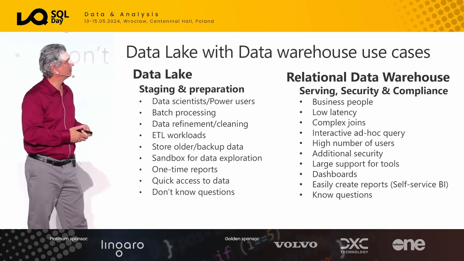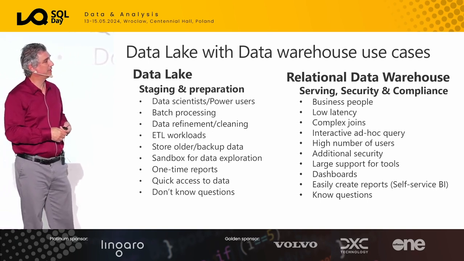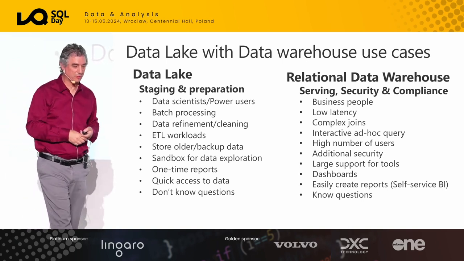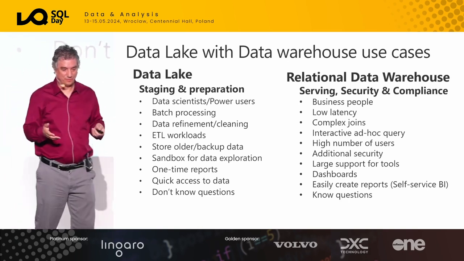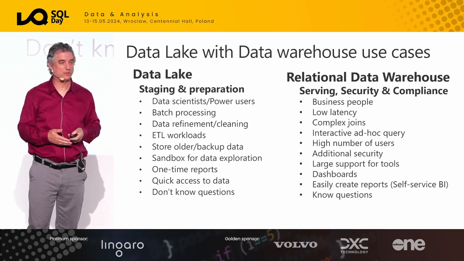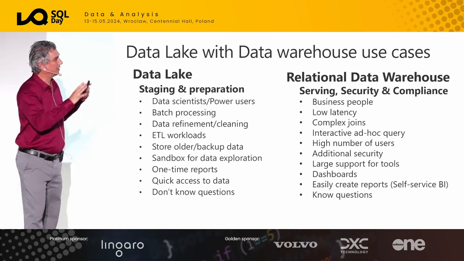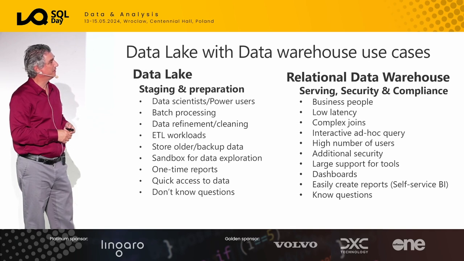And there are a lot of other reasons traditionally that people preferred the relational data warehouse for serving. It had to do with speed of the queries. It had to do with concurrency. The data lake, being a file-based system, can't be as fast as a relational data warehouse. It can't support the concurrency. So traditionally, this was how a modern data warehouse was laid out, to use the particular features of both object storage, the data lake, and the relational data warehouse.